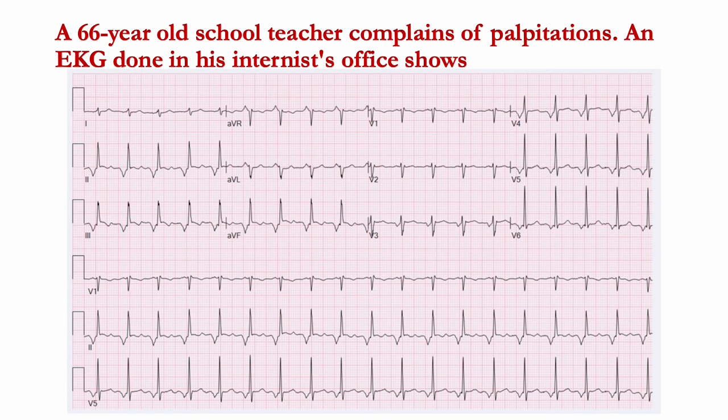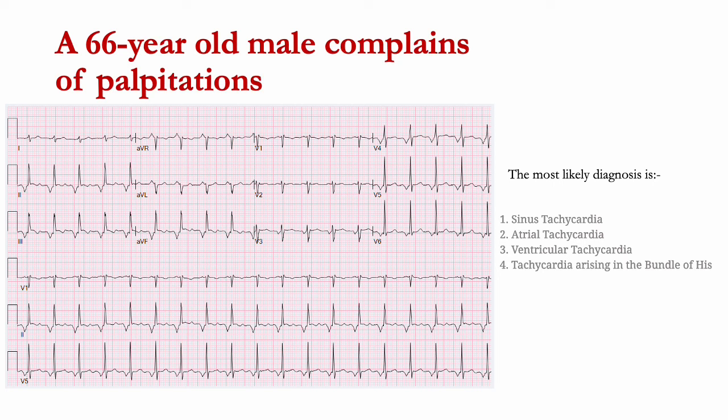A 66-year-old school teacher complains of palpitations. An EKG done shows the following EKG. The most likely diagnosis is: 1. Sinus tachycardia, 2. Atrial tachycardia, 3. Ventricular tachycardia, 4. Tachycardia arising in the bundle of His. And the answer is